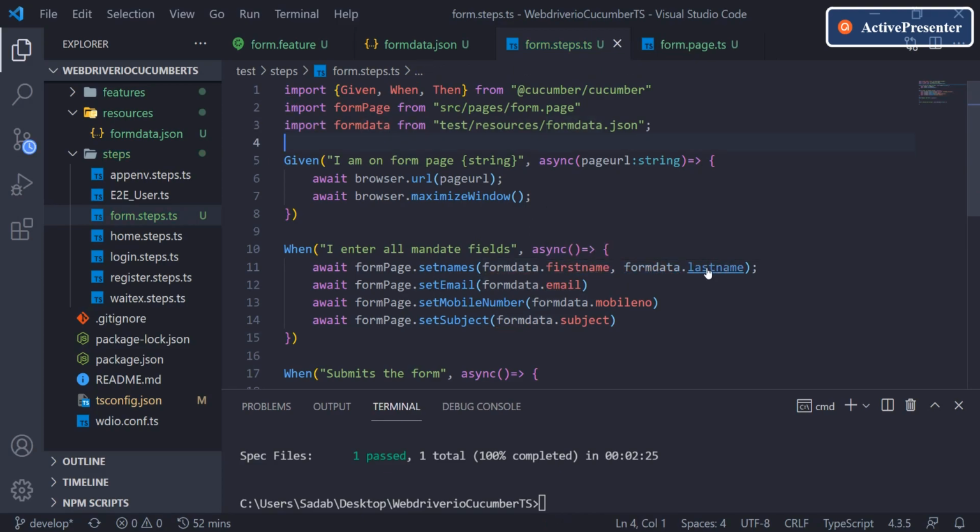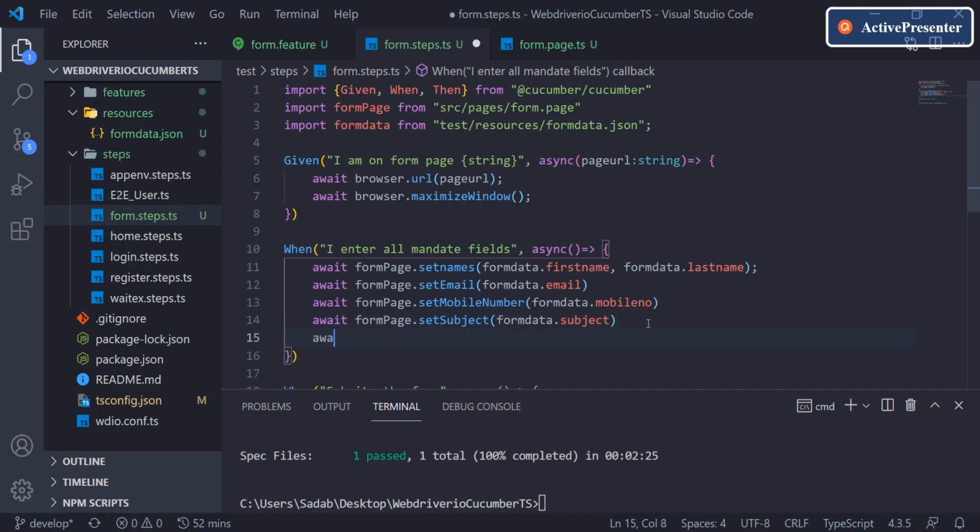First name, last name: if you hover your mouse and press control, it will show you the value as well, whatever we have given. For email we have given test@testemail.com, right? So we're getting everything. We have entered all the data that was required, and I'll keep a browser.pause for 5 seconds just to show you the execution, to see whether it is exactly taking the data from the JSON file.